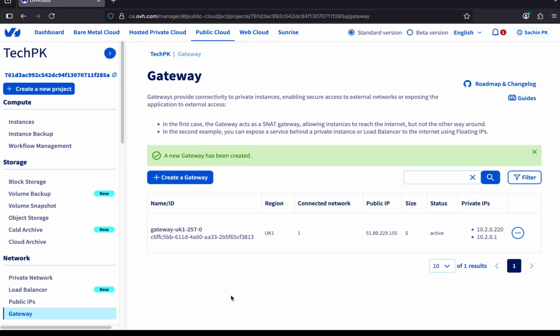Our gateway is ready now. OVH has assigned a public IP for this gateway. Also, it got private IPs from Test Private Network 1. Next, we need to attach the second private network to this gateway. OVH doesn't allow us to attach multiple private networks directly from the console. Instead,